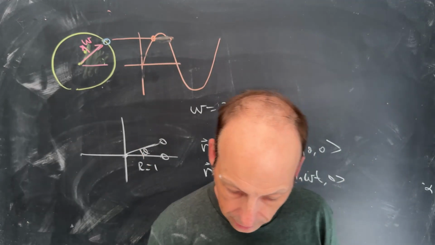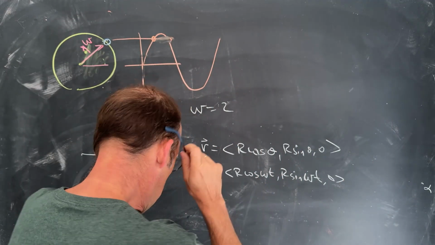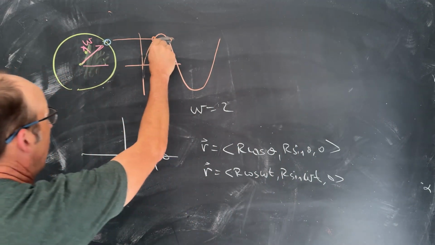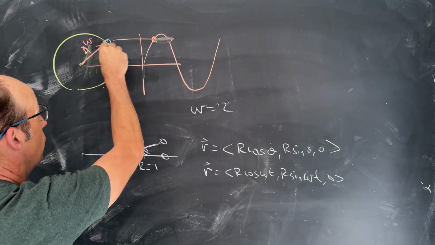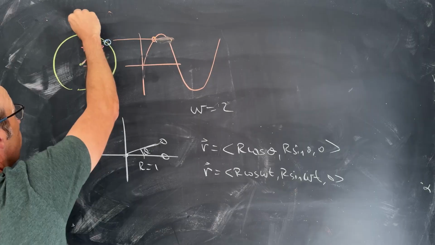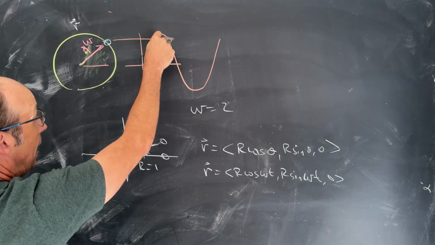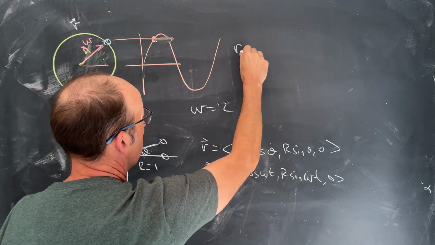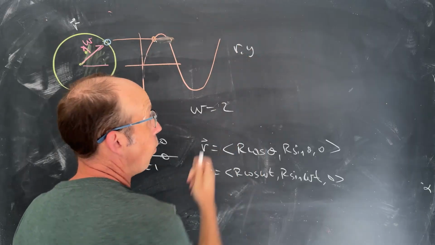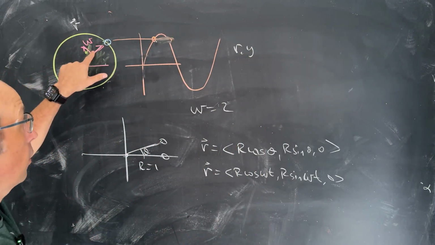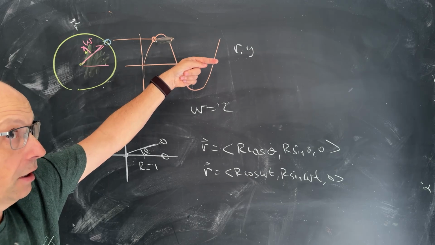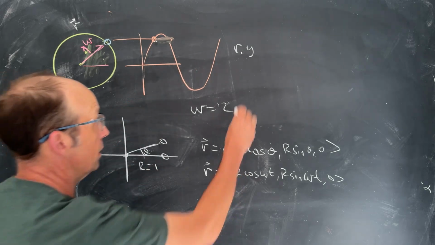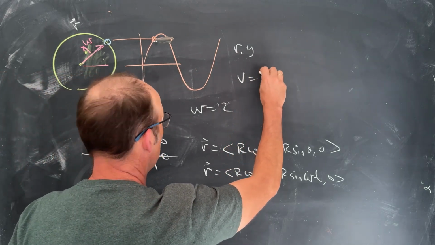So here's my mass, and I want it to have the same y position as this. So remember, I have this vector r right there. So I want this mass to have r dot y. The y component of this is equal to the y component of that. Now the x component of this is going to be just based on the velocity. So let's say we have some x velocity equals,